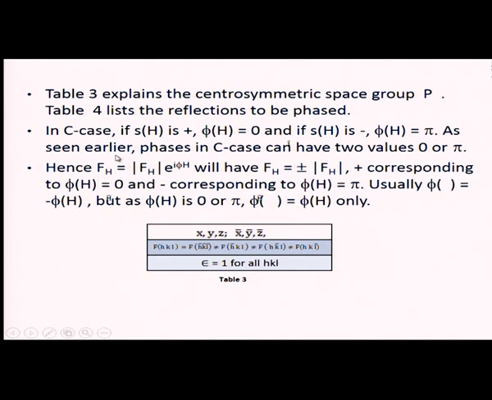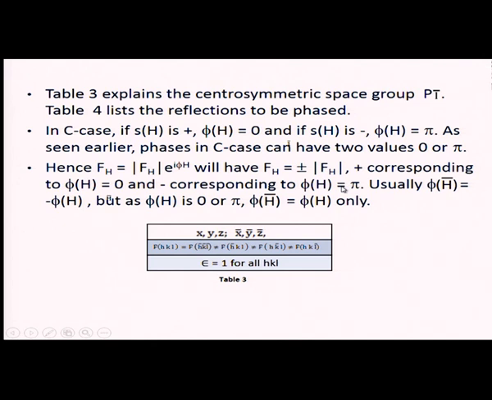Because of that, the structure factor, usually defined as complex in nature, F h equal to mod F h e power i phi h, now has e power i phi h with only two choices, plus or minus. Therefore, F of h becomes plus mod F h or minus mod F h: plus mod F h corresponding to phi h equal to 0, and